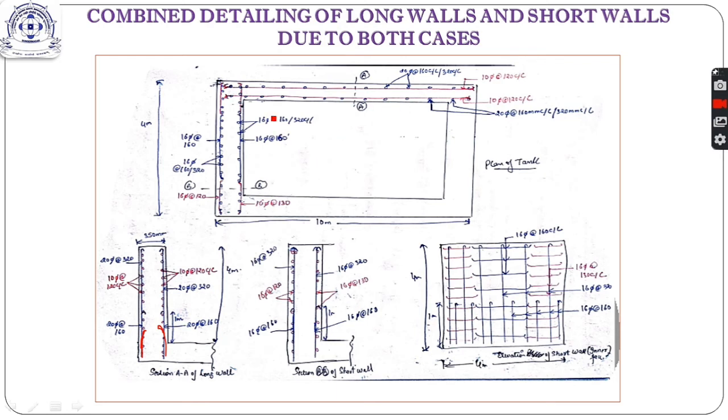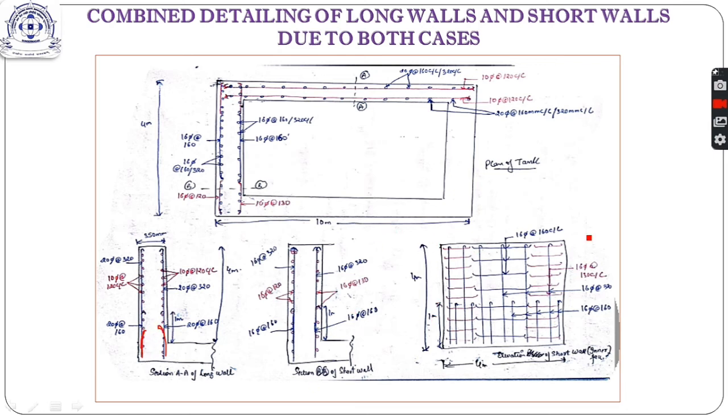Now in the short wall we have main reinforcement as the horizontal reinforcement. I have cut the section here, BB. In the inner face we have corner reinforcement as 10 phi at 130. This is the 16 phi, and in the outer face we have 16 phi at 120, and these are the vertical bars. The vertical bars have been curtailed once, that is at 1 meter height. So you will have to change this diagram a bit, because there is one more curtailment in the long wall.